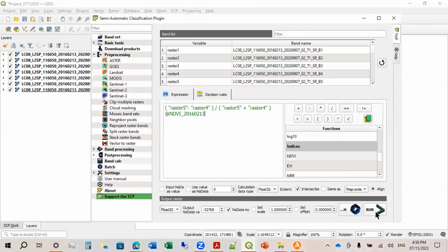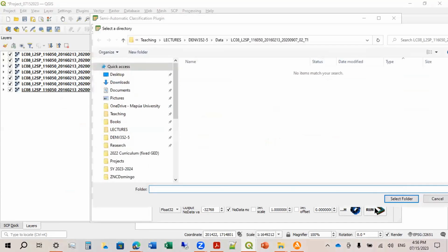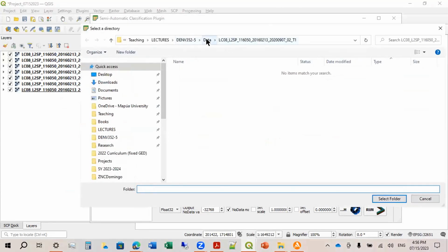Okay, and then you just hit run. And then just choose the location where you want to save your output. Okay, so let's say the same data set na lang, the same folder. Kung nasaan, where we can find the raw data.